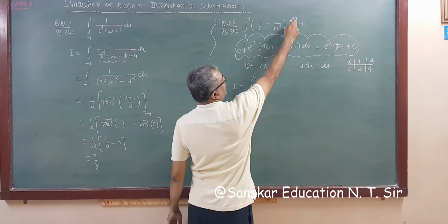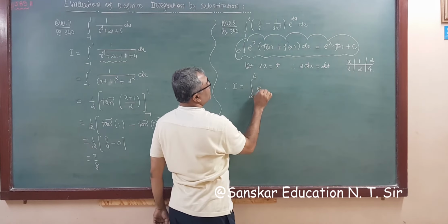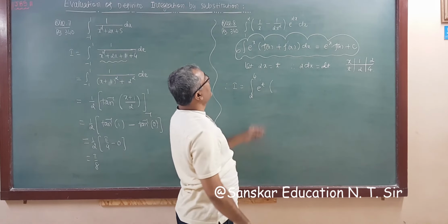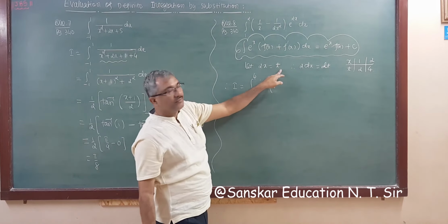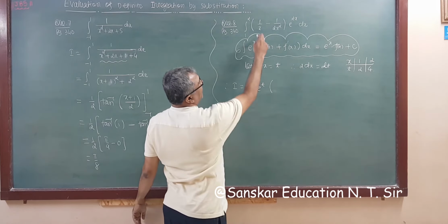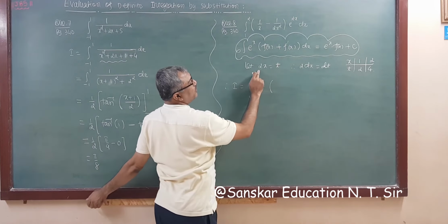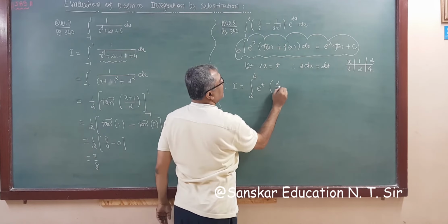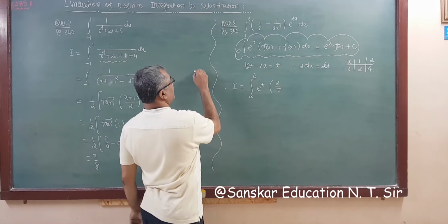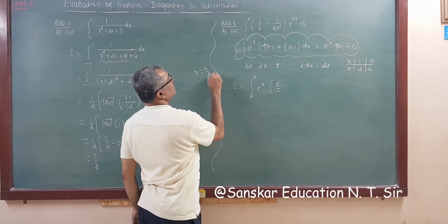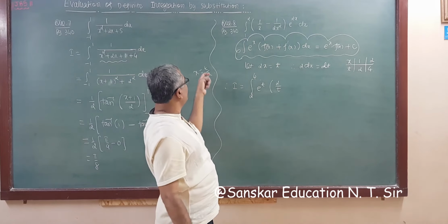I am writing e raised to twice x first. Twice x is t. So this is e raised to t. 1 upon x, that is t by 2, so 1 upon x, x is t by 2. So what do we get? 2 by t. Here x is t by 2, so you have to write 1 upon x, so reciprocal of this